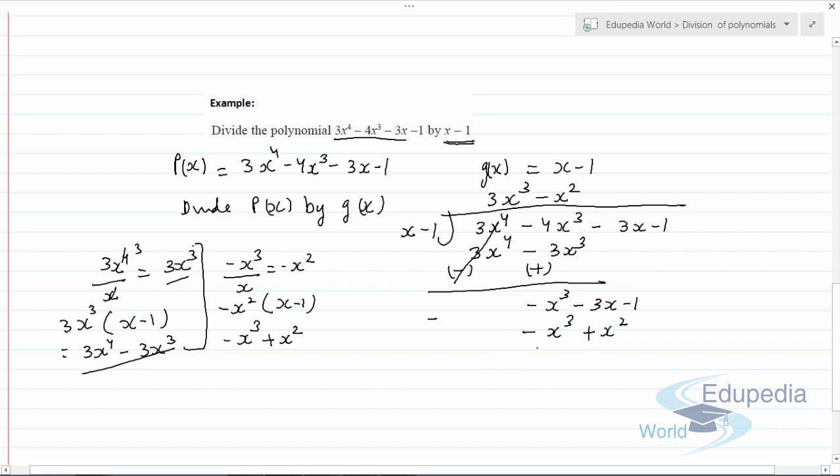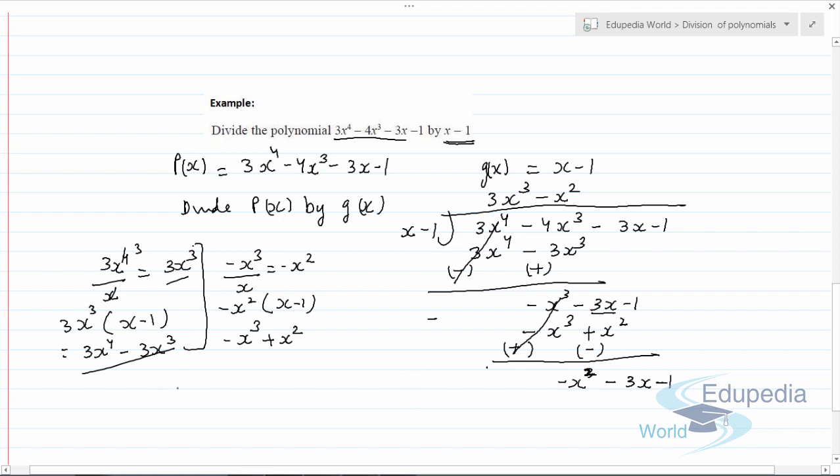Now see over here. First change the sign. It will make plus, it will make minus, it will get cancelled out. Now see over here, we have minus x square, and here it is minus 3x. Now these are unlike terms, so we cannot add or subtract them. So what we'll do is we write this term as usual, minus x square, and this term as it is like this. So this is a very crucial step to follow in the division process.